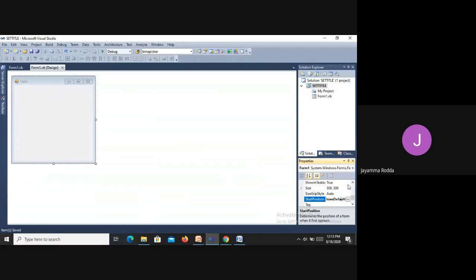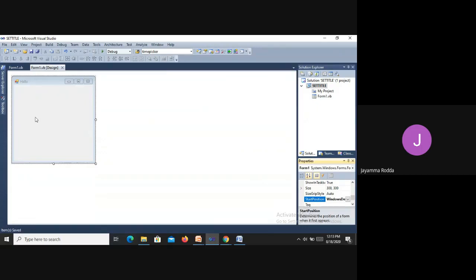Whatever the default dimension and default settings are, based on those, the form will be set. It is set to be 0, 0 and size 300 by 300 in its start position. That's all it will be set.